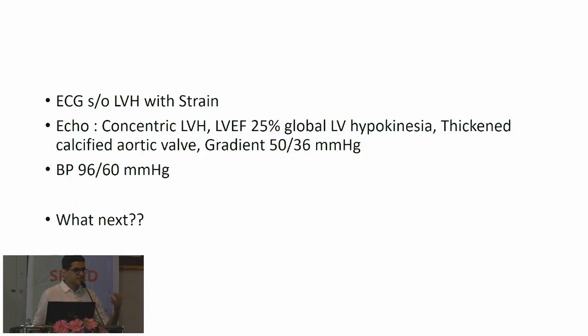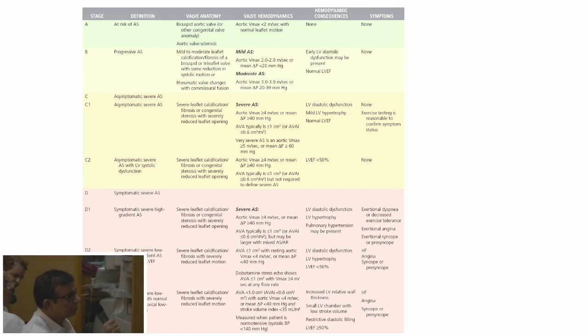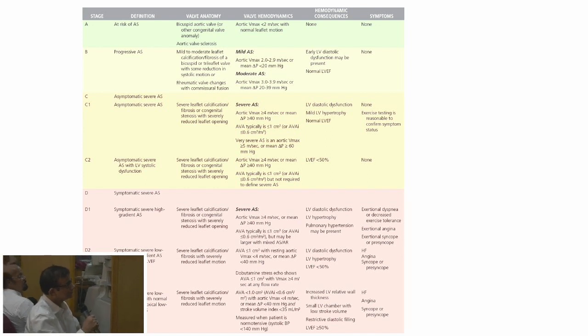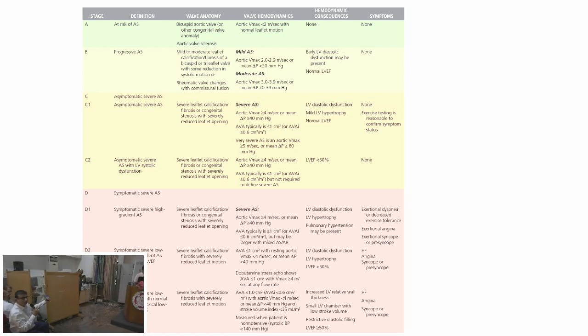So before we go into further things, this is a very common thing. Is there a point at which you say calcific? No, since you can't give contrast. Sir, what I'm explaining is he has angina pectoris and LV dysfunction. You rule out coronary disease. If there is no coronary disease, then you go ahead. And in fact, adding on to what was said, there is one more advantage of a CT here: apart from coronary disease, we can also take a CT for calcium on the valve, a score of say 2000 or whatever.